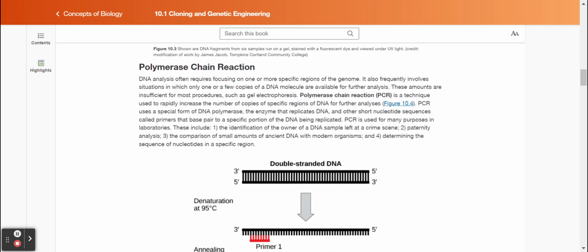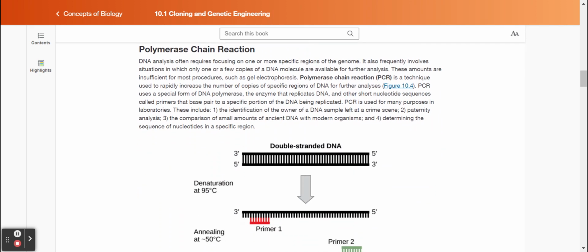Polymerase chain reaction. DNA analysis often requires focusing on one or more specific regions of the genome. It also frequently involves situations in which only one or a few copies of a DNA molecule are available for further analysis. These amounts are insufficient for most procedures, such as gel electrophoresis. Polymerase chain reaction, or PCR, is a technique used to rapidly increase the number of copies of specific regions of